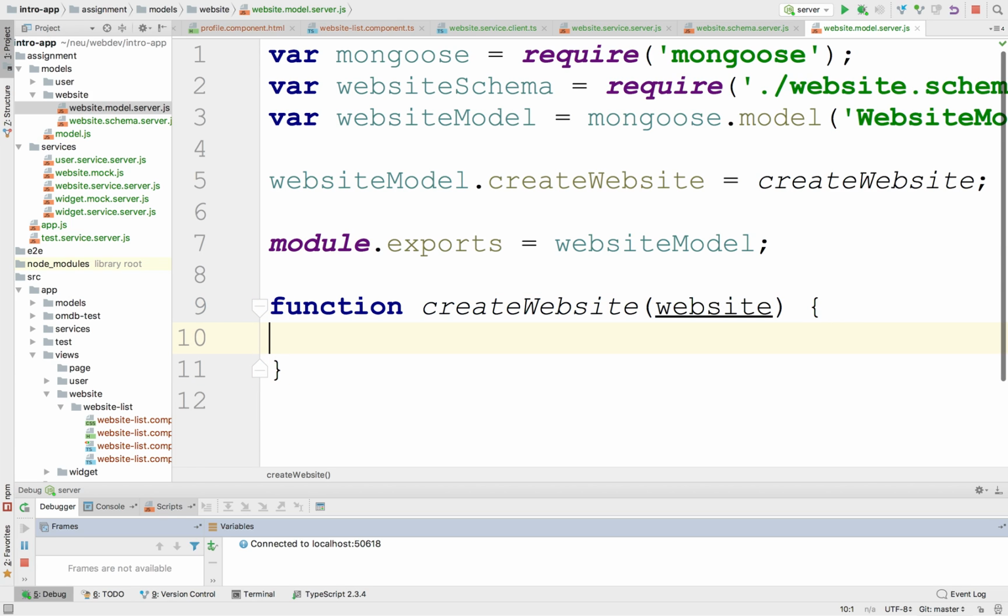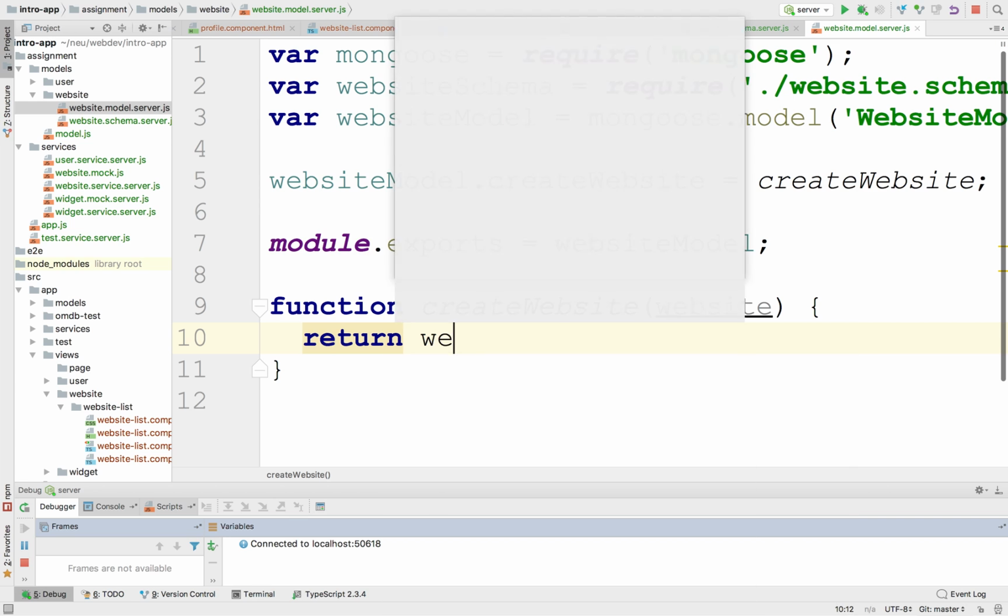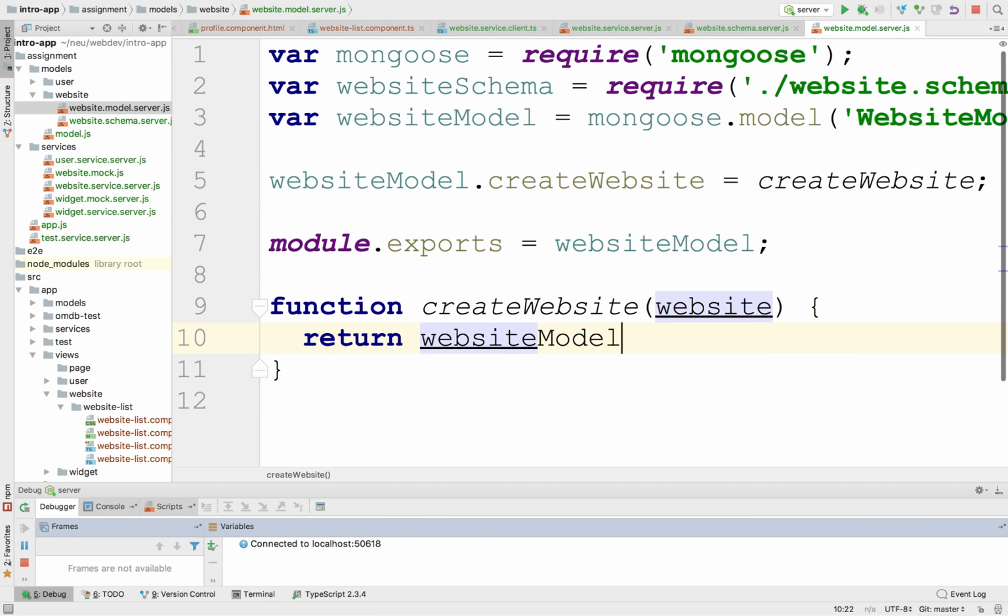Okay. So the implementation would be very simple. It would just be website model.create the website, and that stores it in the database. Right? That's all. That's the only implementation we need to do to go out to the database. Right? Now that we have it implemented here on the server, we can go back to the